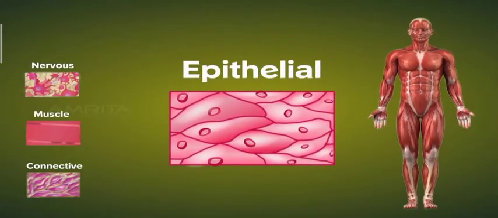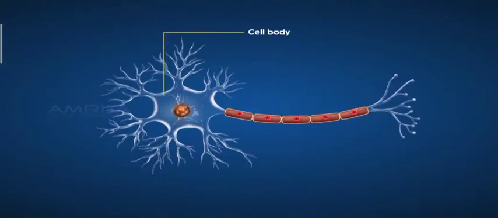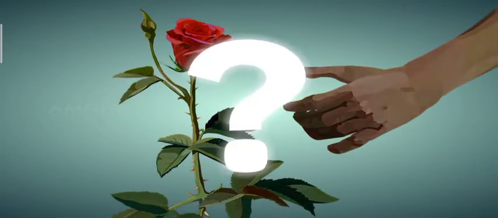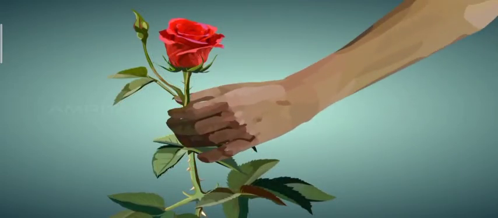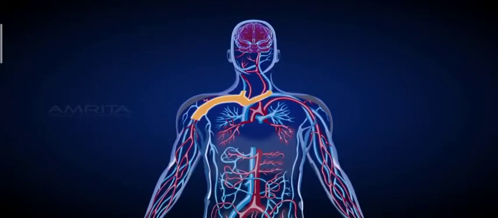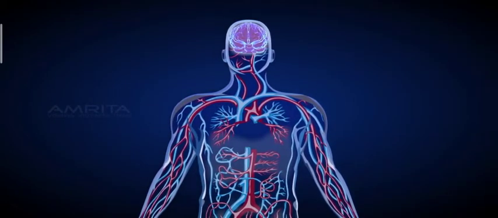The next tissue type is the nervous tissue, which consists of a nerve cell or neuron that has a cell body containing the nucleus. The cell body extends and forms specialized cell parts called dendrites and axons. These are the nerve cells that help you retract your hand when you touch a thorn. How does this happen? Nerve cells carry messages. That is, the dendrites bring signals to the cell body and the axon transmits the information to the dendrite of the other cell. The nerve impulses allow us to move our muscles when we want to, thus retracting our hand.